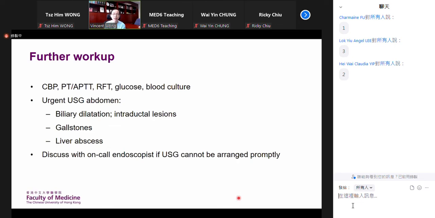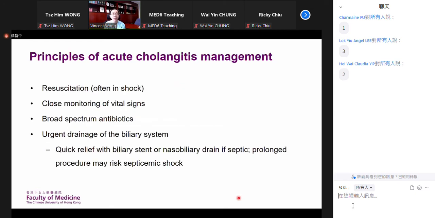But if not, some endoscopists may be willing to go right away for ERCP. So keep that in mind. Here are the principles of acute cholangitis management. We need to resuscitate the patient because they are often in shock. We need to monitor the vital signs closely,